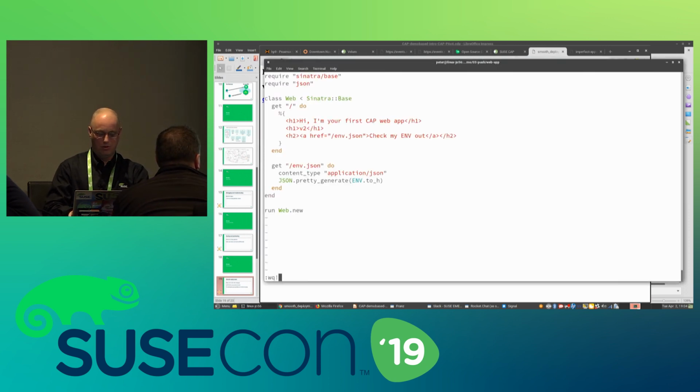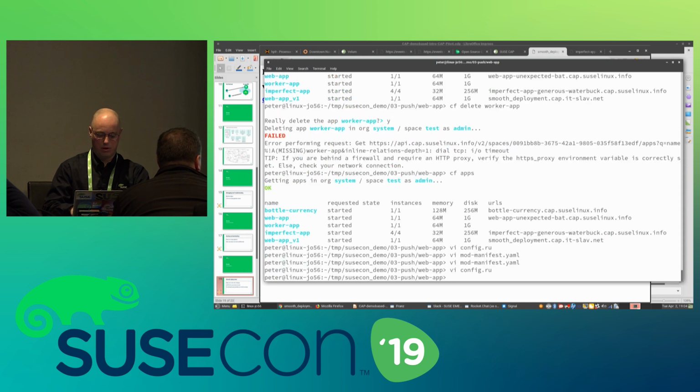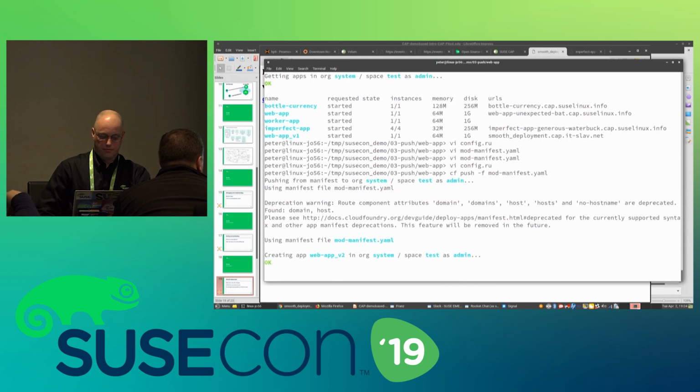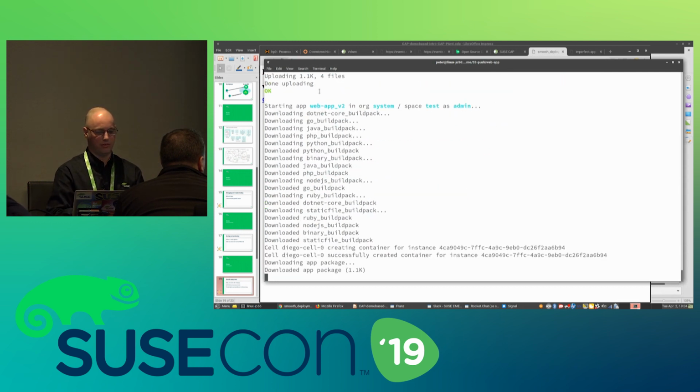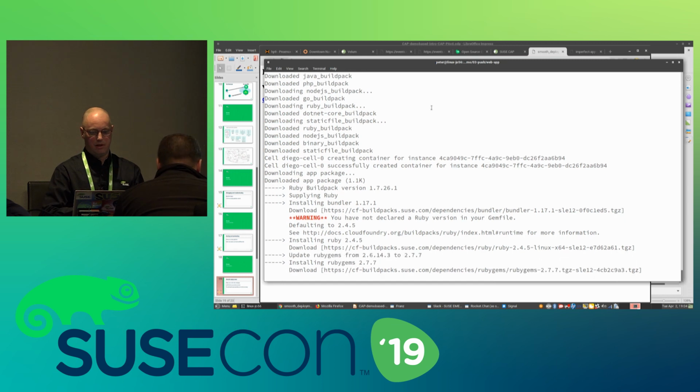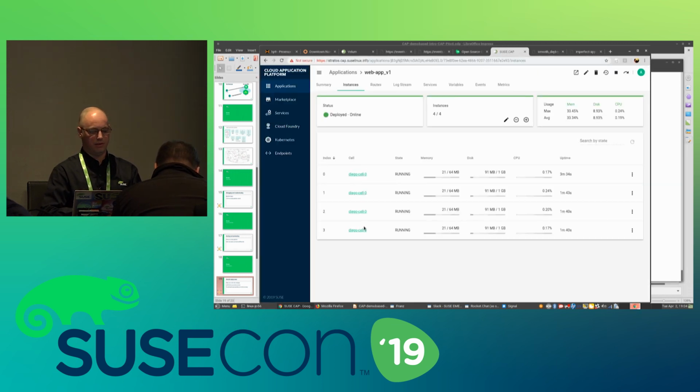So now I created a new version of this application, and what I do now is run a CF push again, using my modified manifest. Notice that it creates a new application here because I modified the manifest and told it this is a new application, but it's using the same route. The idea is that as I have four instances of this one and one of the new version, every fifth time I connect using that route, I will connect to the new version, and four out of five times I will be using the old one. Does that make sense? Everyone?